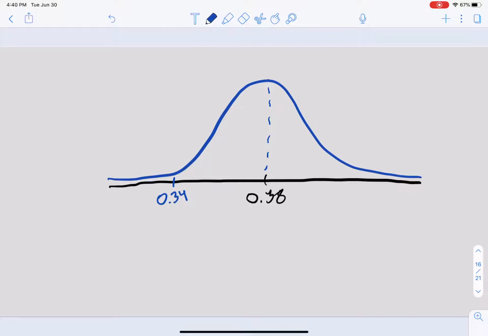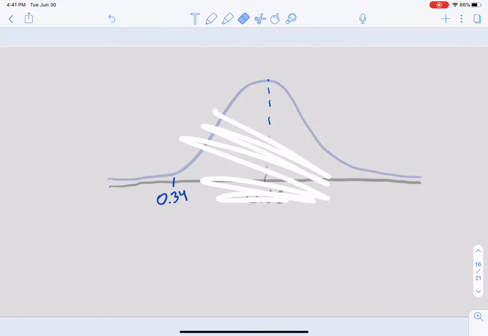Now, here's what we're doing. We're going to try to figure out if we accidentally sampled something that is still realistic but less likely to happen, where if we were to do it again, so resample, we might get something closer to here. We might, right? Okay. So what we're going to actually be doing,